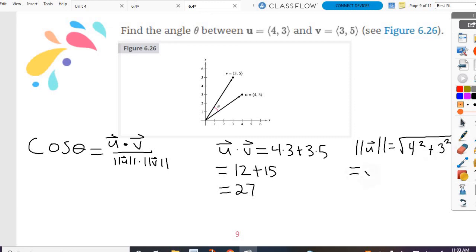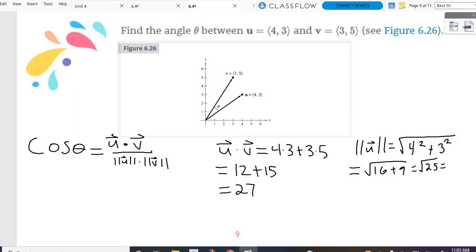So 4 squared gives us 16, 3 squared gives us 9, so we get the square root of 25, which is 5. Ready? Yes? No? Maybe? Okay, so then our last thing, we need to find the magnitude of v, which is going to be the square root of 3 squared plus 5 squared,